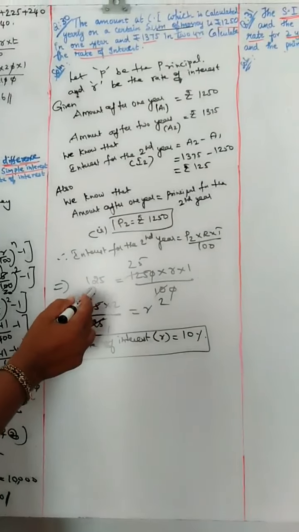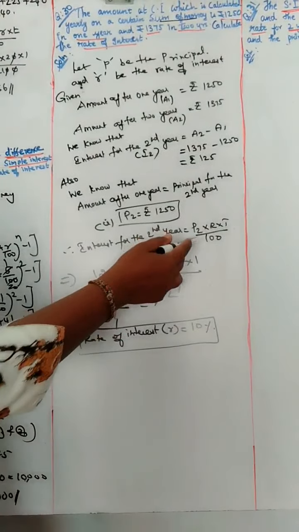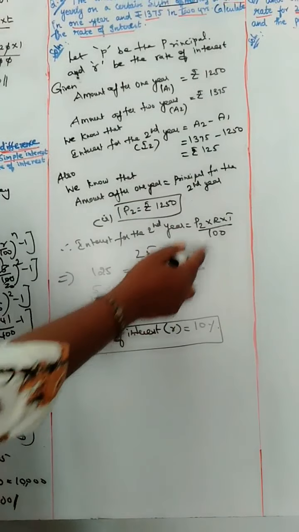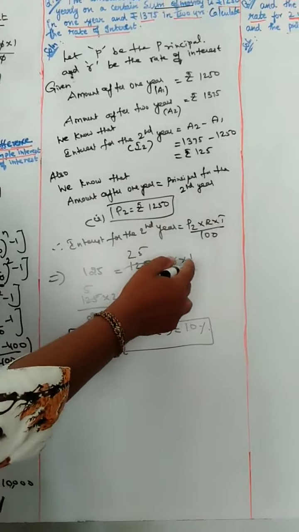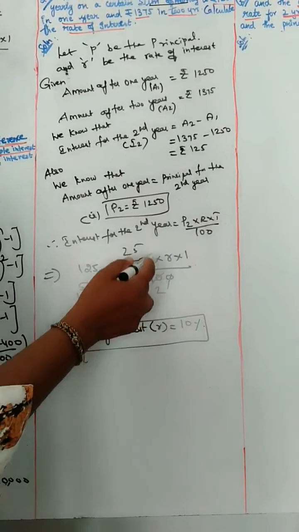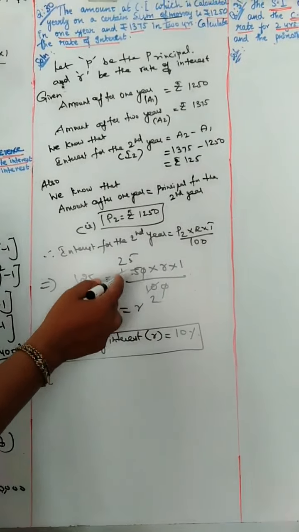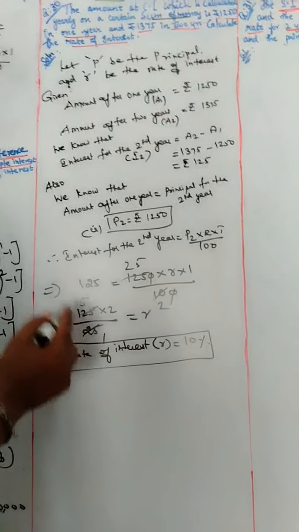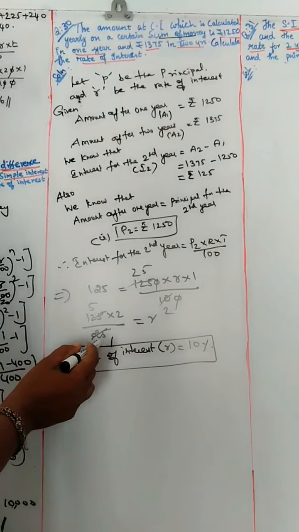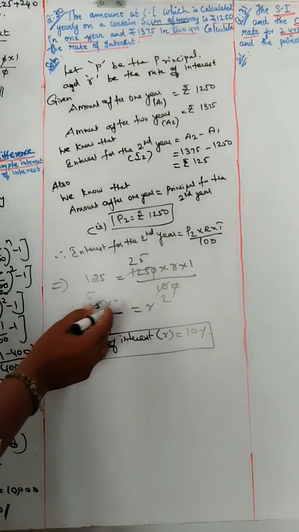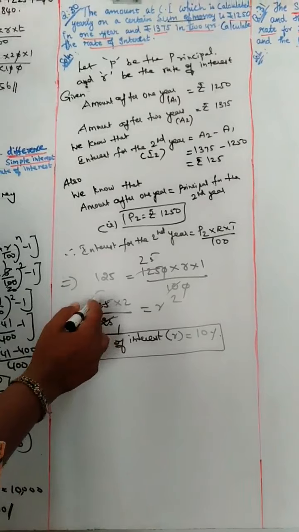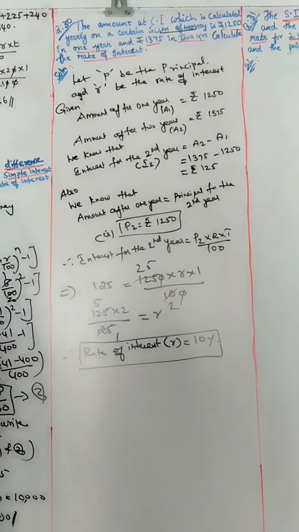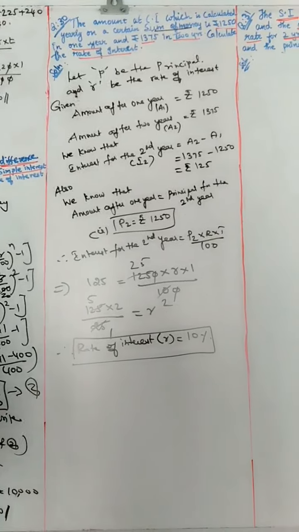The simple interest for the second year is 125, where the principal for the second year is 1250, and R we have assumed as R itself. For the second year, the time will be 1 by 100. By cancelling the zeros and by the 5 table, this is 2 times, this is 25 times. Then bringing the denominator to the numerator, and numerator to the denominator, by the 25 table, if we cancel this 25 one time, this will become 5. And if we multiply this 2 with this 5, we will get R, that is the rate of interest, 10%. This is the solution we want to find for question number 30.